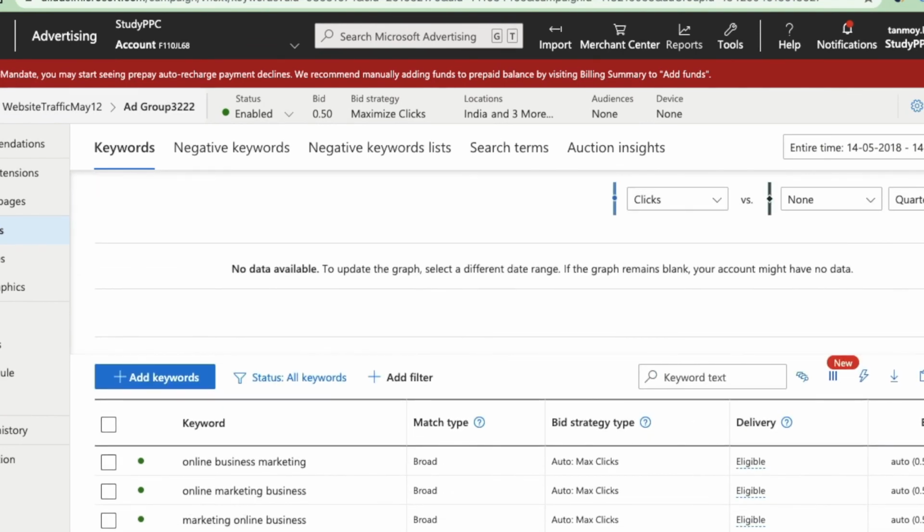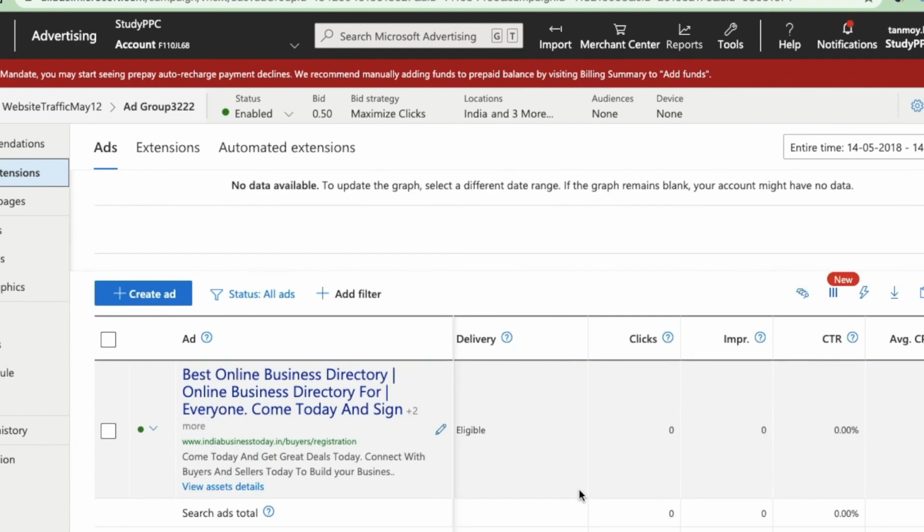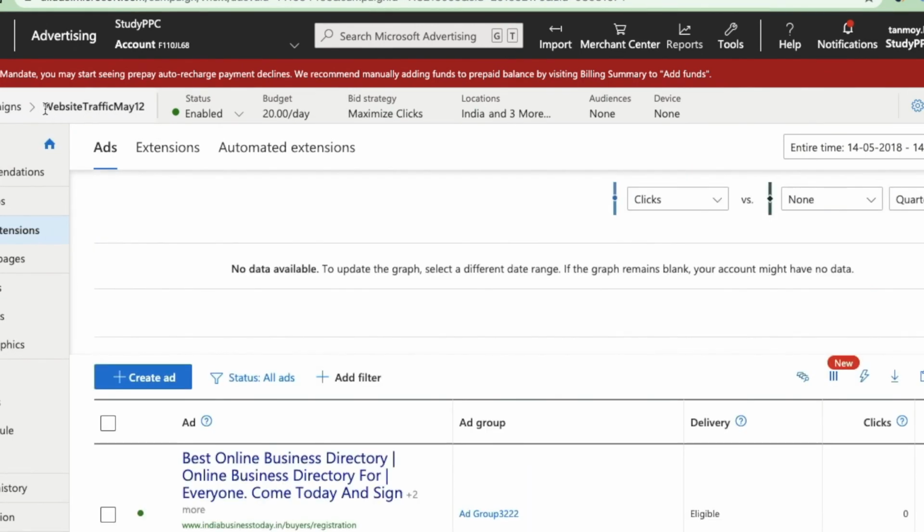If you want to check the ads created for this campaign, you can go on the left panel in ads and extensions and find the ad built out over here. Once the ad is approved by Microsoft, it is going to go ahead and start running as well. In this simple manner, guys, we can build a website traffic campaign inside Microsoft Ads.